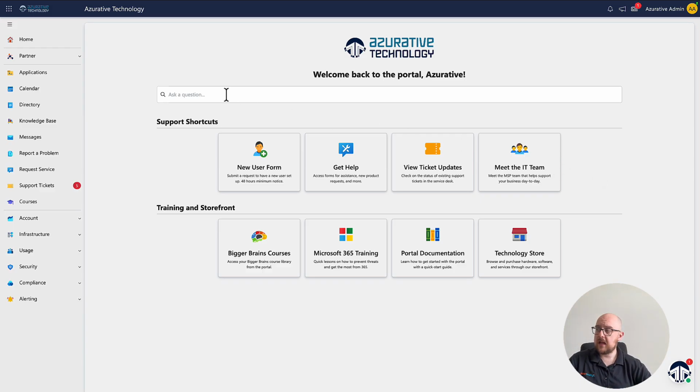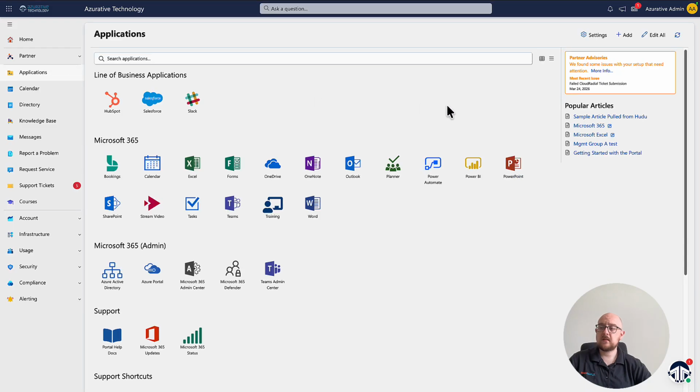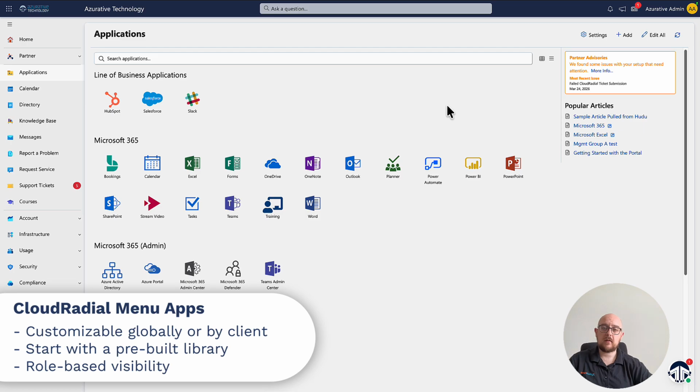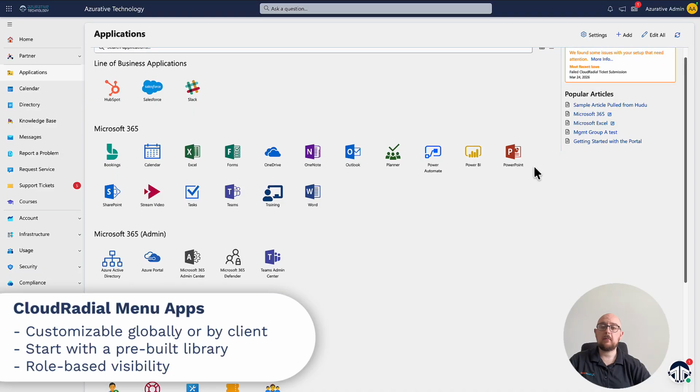So I like to start with the applications as an example. Now this is basically a bookmark launcher that helps you get in and create a curated, customized launchpad for your clients. Now there's plenty of stock content inside of CloudRadial, so you're not starting from scratch, but you can always add your own thing. So imagine end users coming in here, starting their day by being able to log into